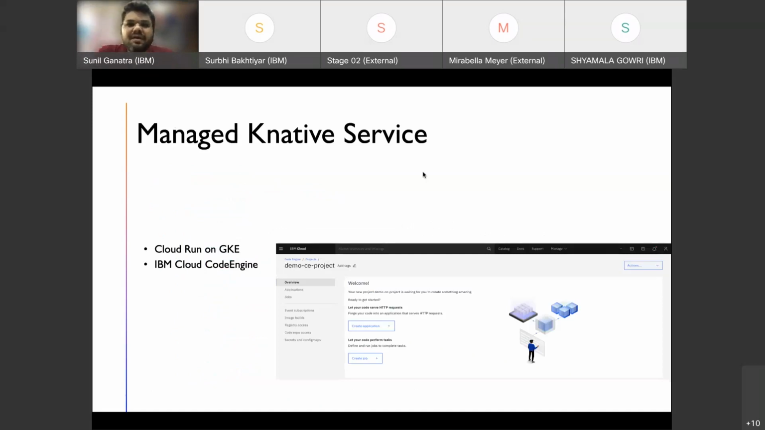Now, the question arises: do I have to do everything on my own, or is there anything already readily available which I can use and leverage in my product to run my production workflow? There are a couple of services already available in the industry, which are managed Knative services. Let's say if you already have GKE, then GKE provides you a plugin, which is Cloud Run. Once you enable that particular add-on, the Knative and Istio capabilities will be enabled on your GKE, and you can start leveraging that